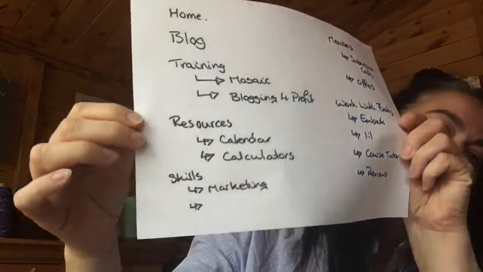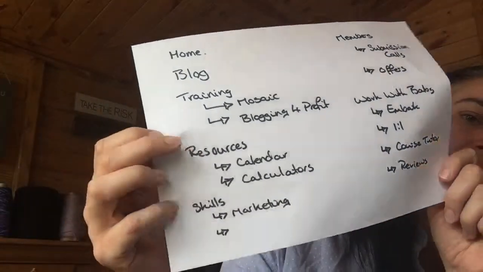Excuse me. Special offers, directory for work with Babs. Oh, excuse me. So that's Embark, Mastermind, one-to-one, course tutors, or reviews. So there's a whole host of different ways that you can organise that content. And we're going from brain dump over here, which is not very structured, to a more organised way of looking